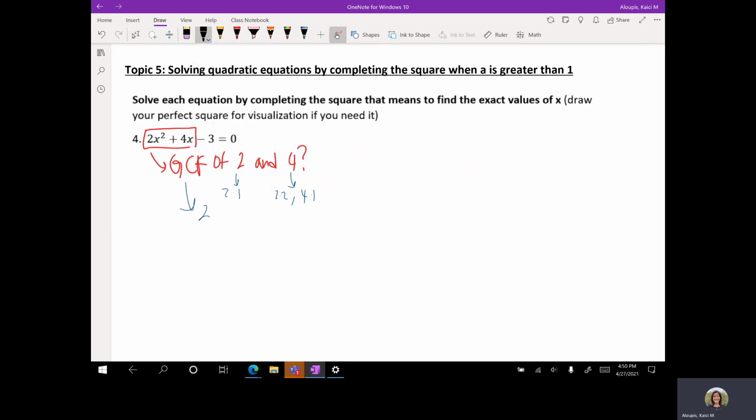I'm going to show you the first equation, 2x squared plus 4x minus 3 equals 0. I'm just going to ignore this over here, I'm just going to ignore that for right now. And what I'm going to do is divide both of these by 2. That 2 is going to come out here, and it's going to look like 2 times x squared